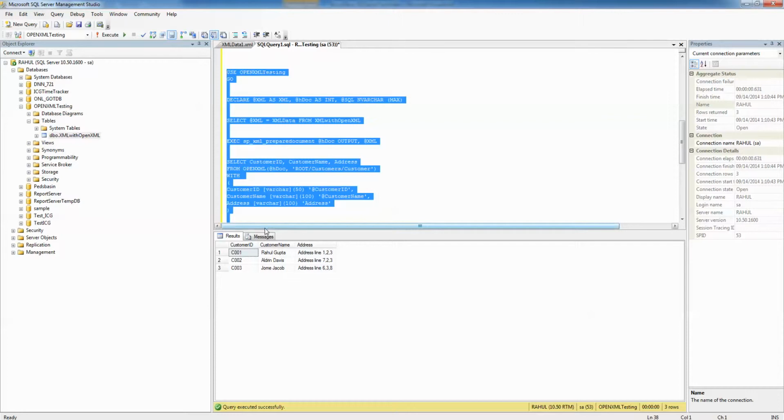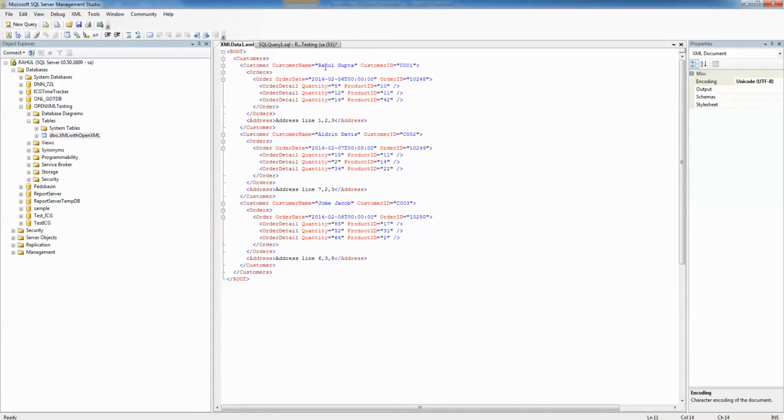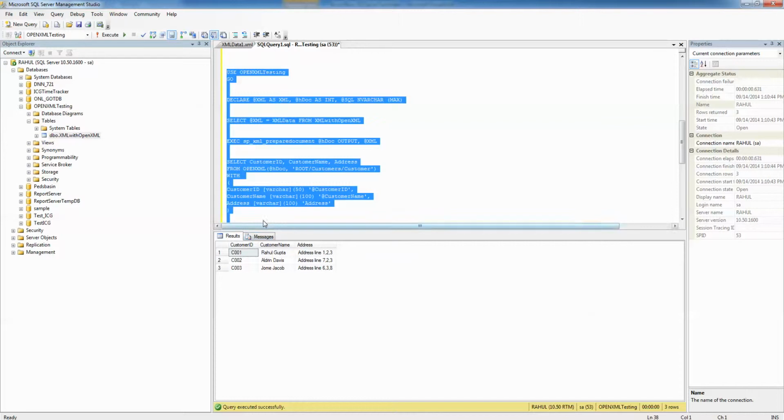You can see here it successfully loaded up the data, the customer ID, customer name and address. Let's check with the XML file: customer ID, customer name and the address. It's loaded up for all of the 3 customers.